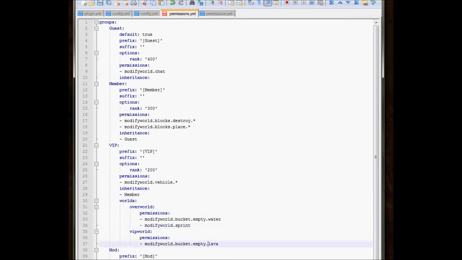The last thing I'm going to show you is color codes. I know some of you guys probably don't like just having a white prefix, and I don't either. I usually add color codes to my ranks as well. So color codes are very handy, so you can easily identify the difference between ranks. So to add a color code,